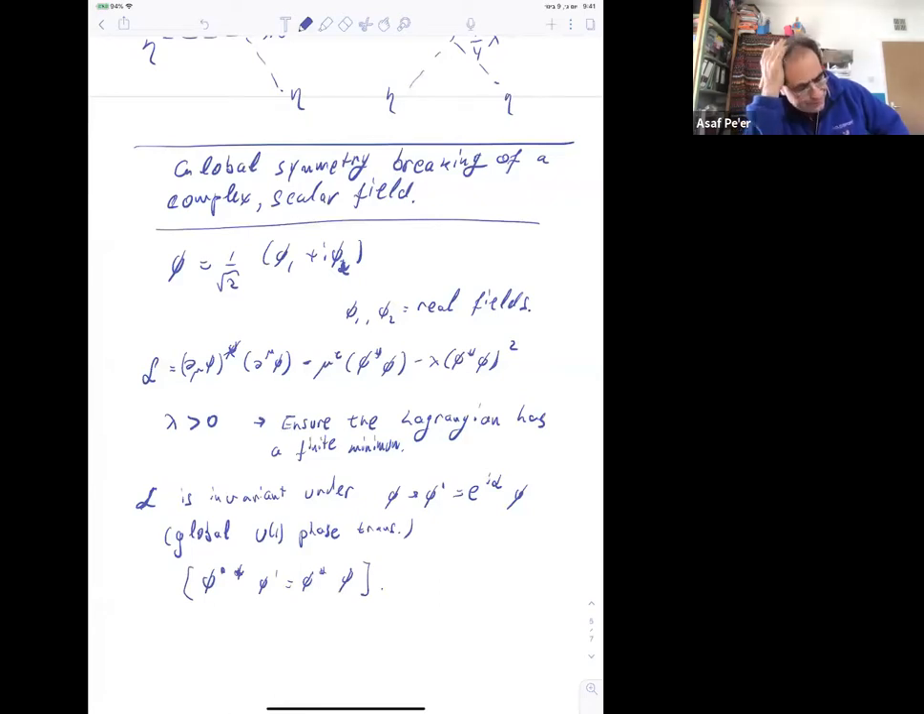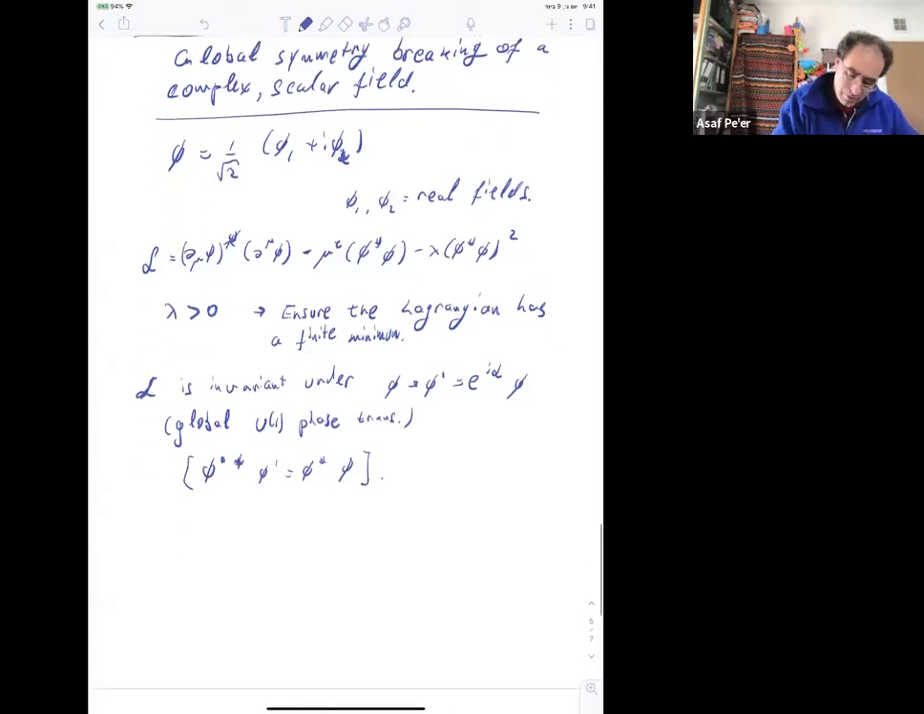Now again, similar to what we did for the real scalar field, we have two options. If mu squared is greater than 0, then the minimum of the potential occurs when both fields are equal to 0. So for case A, mu squared is greater than 0, then